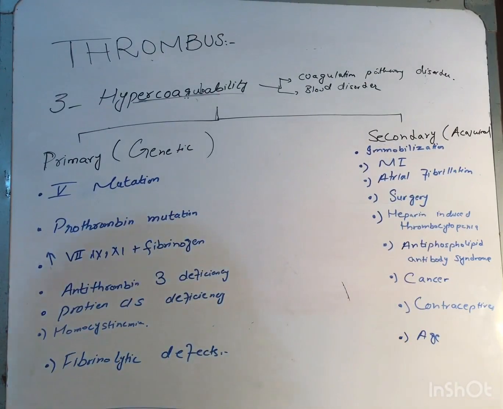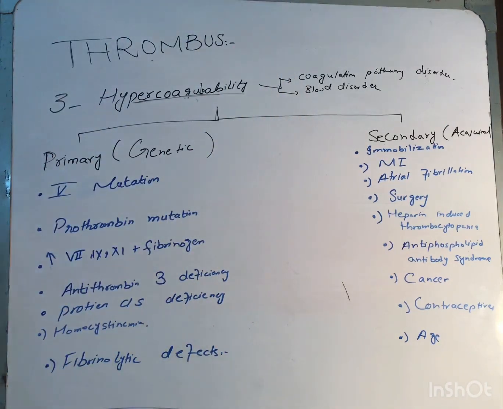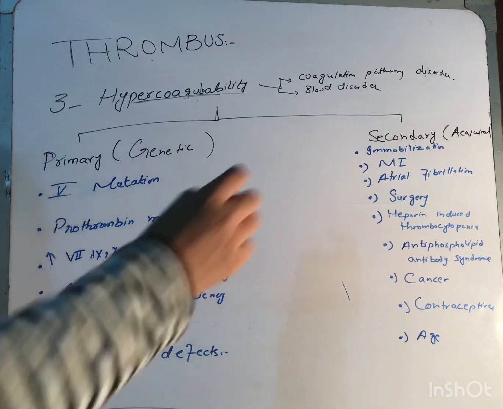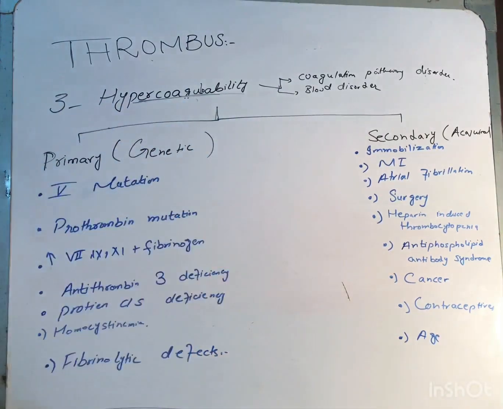Now the third thing is hypercoagulability. Hypercoagulability is any blood disorder or any coagulation pathway alteration that will lead to thrombus formation. Hypercoagulability is due to two factors, two reasons basically. One can be primary and the other one can be secondary. Primary are genetic factors and secondary are acquired factors that will lead to the hypercoagulable state that will promote thrombus